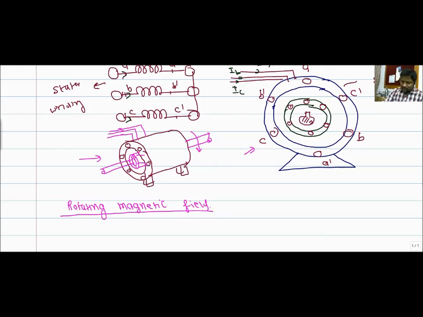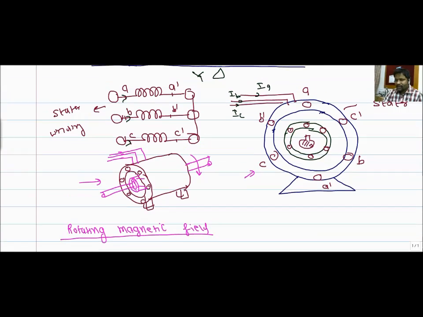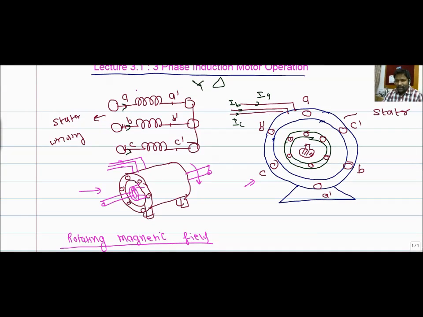The concept is that whenever a three-phase supply is given to the balanced winding of any AC machine, a rotating magnetic field is generated in the machine. Let us suppose here in this induction motor we are giving a three-phase supply to the balanced three-phase winding. Balanced means the phase angle difference between A, B and C is equal. Then there is a rotating magnetic field. The rotating magnetic field always rotates at synchronous speed in the stator winding of this induction motor.